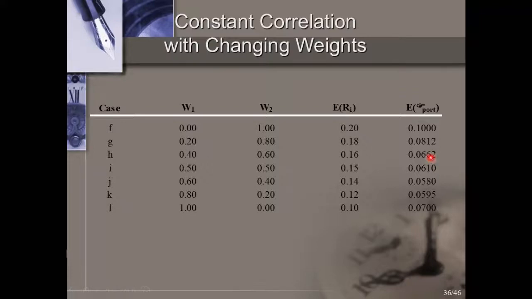ठीक है, अब यहां से हमें क्या पता चला कि जब भी हम वेट अपनी सिक्योरिटी के चेंज करते हैं, तो दैट चेंजिंग ऑफ वेट कैन आल्सो रिड्यूस आवर रिस्क। ठीक है, तो वी विल आल्सो बी ट्रेडिंग ऑफ आवर रिटर्न्स। जब हम अपना रिस्क कम कर रहे हैं तो हमारा अपना जो रिटर्न है उसको भी ट्रेड ऑफ कर रहे हैं। लेकिन एक वक्त ऐसा आ जाता है कि उसके बाद हमें ट्रेड ऑफ करने की जरूरत नहीं पड़ती, हम मिनिमलिस्ट रिस्क लेवल पे पहुंच जाएंगे। And right here our minimalist risk of standard deviation is 5.8%,